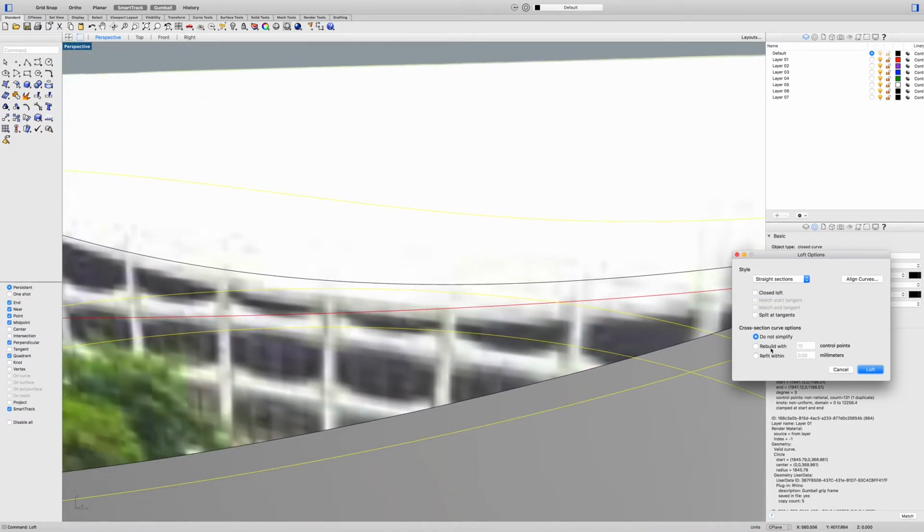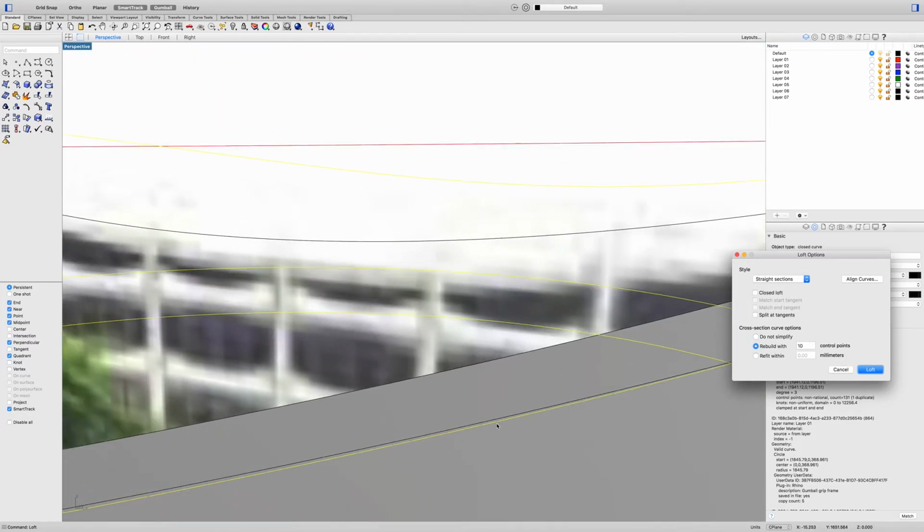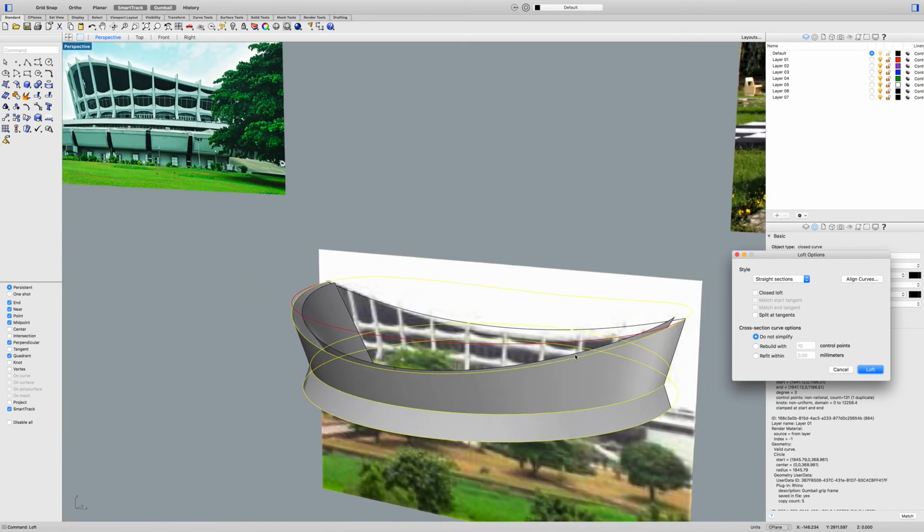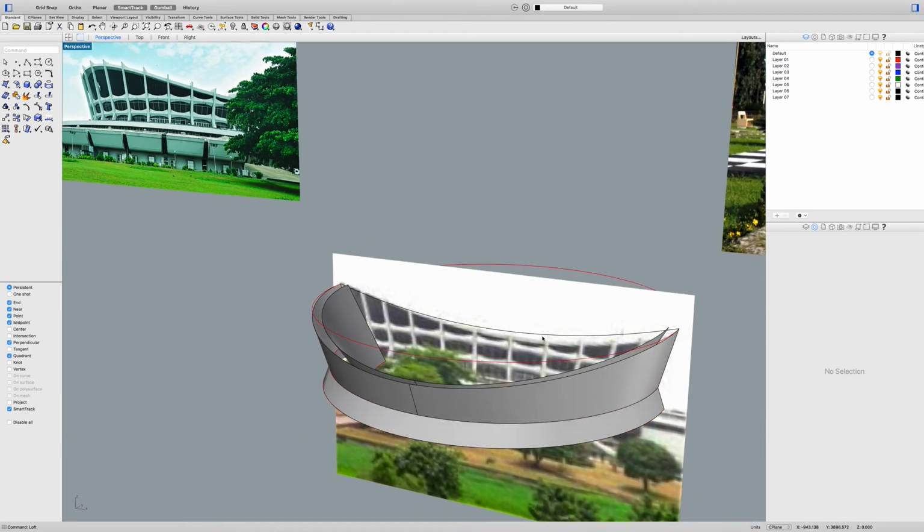If you go and rebuild with 10 control points, you can see that the surface is not necessarily directly on the curve, which is a problem. Make sure it's on do not simplify and loft. Okay,